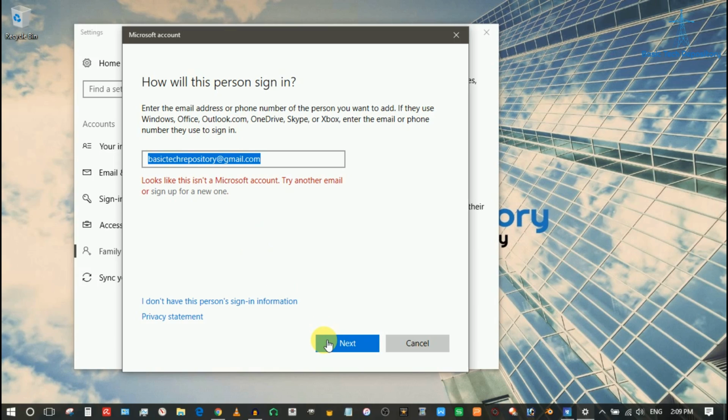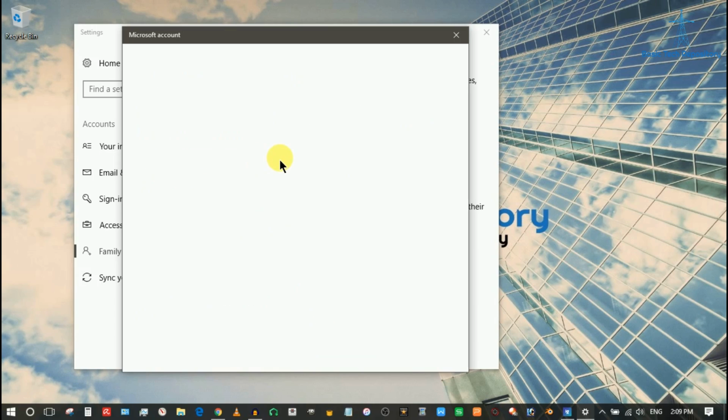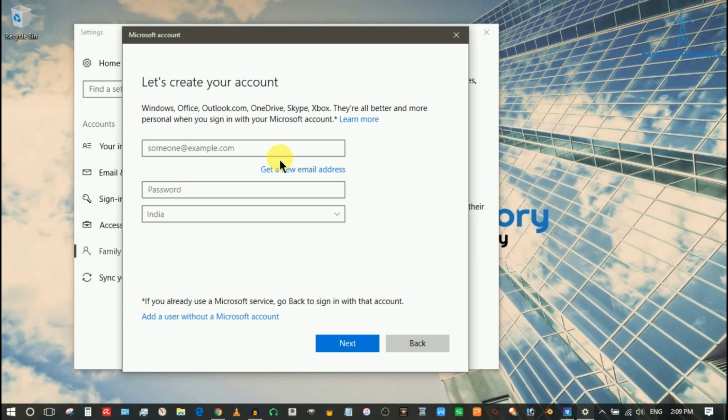Once you click on next, it will try to bring up the sign up page where it's trying to use your existing email address and trying to apply it as a Microsoft account so that you'd be able to use Windows, Office, Outlook, OneDrive, Skype, Xbox, and many other things. So go ahead, enter the email address,